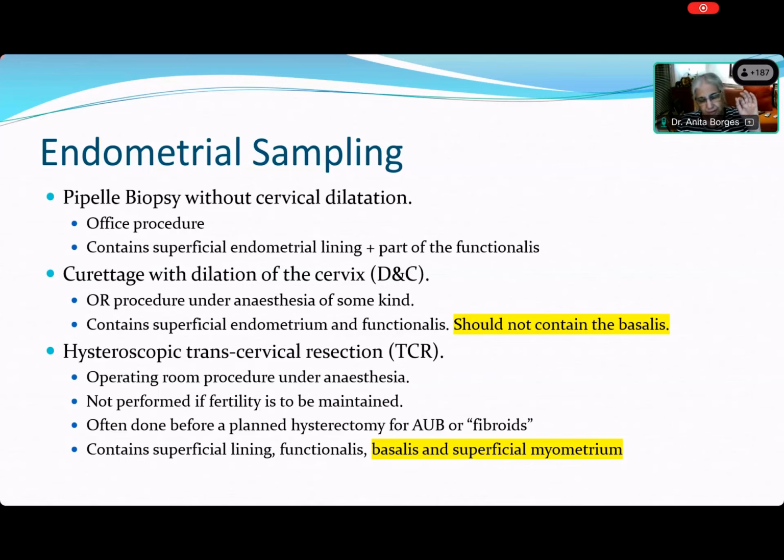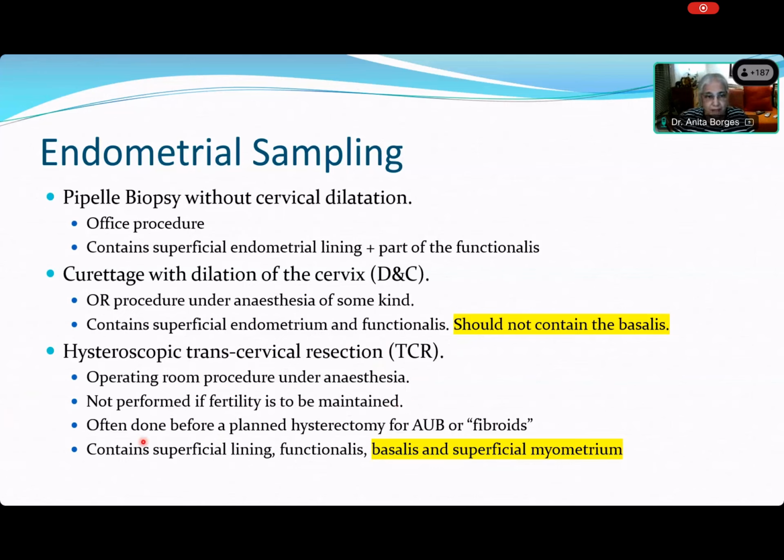And a hysteroscope is like a little scope that is put into the uterine cavity to get a view of the uterine cavity. It's an operating room procedure which is done under anesthesia, and this is called transcervical resection, because just like you might do a bladder resection like TURP or a TURBT, that's bladder tumor, you curette out the tumor under the endometrium under direct vision. Okay, it is not performed, and this is very important, if fertility is to be maintained. Why? Because quite often, along with the endometrium comes a portion of the myometrium.